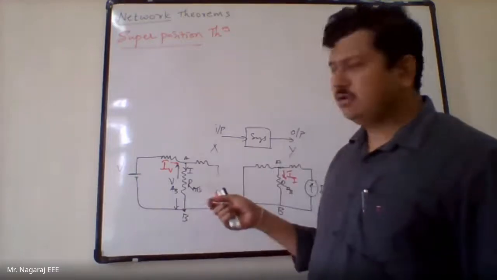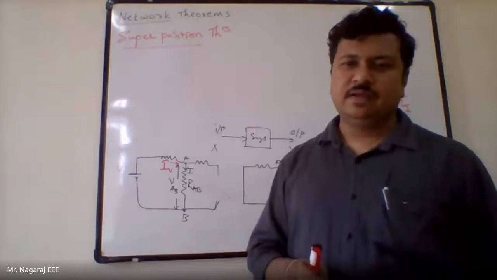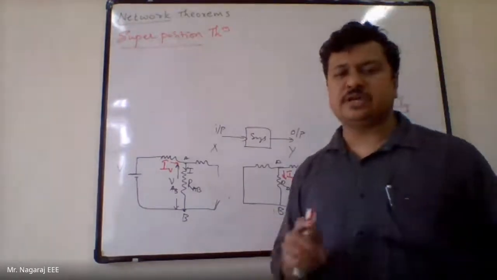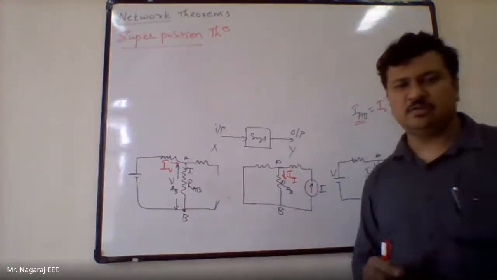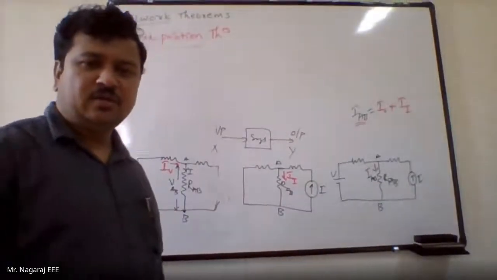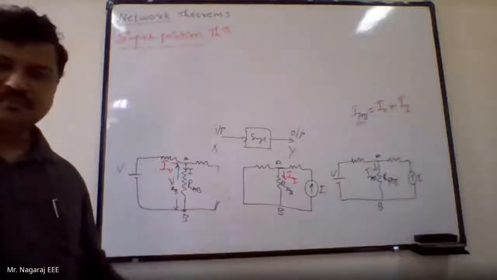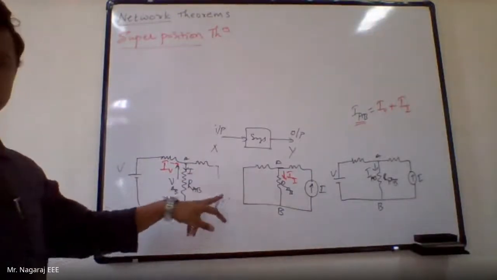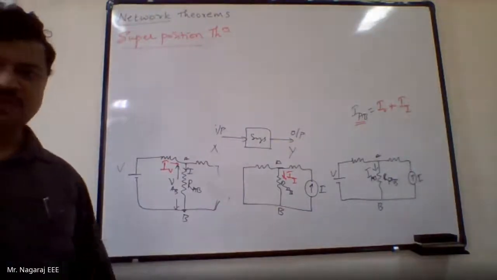So if I have to make the value of a voltage source 0, I should short circuit it. If I want to make the value of a current source 0, I should open circuit it. Okay, that is the only possibility. That is how we can make the source values 0. So the branch containing a voltage source, if I short circuit, the voltage value becomes 0. And if the branch containing a current source, if I make it open circuit, the current value becomes 0. So the other two sources are deactivated.